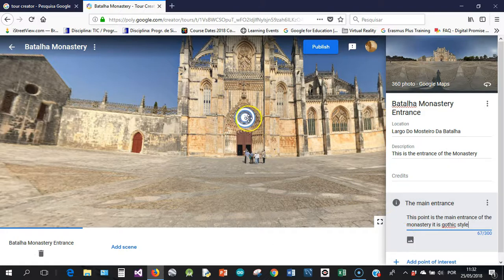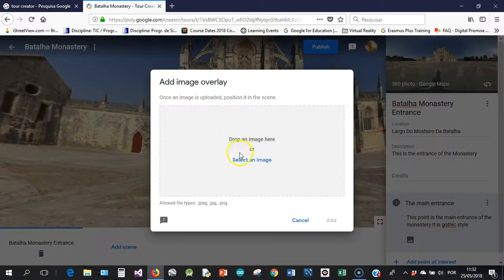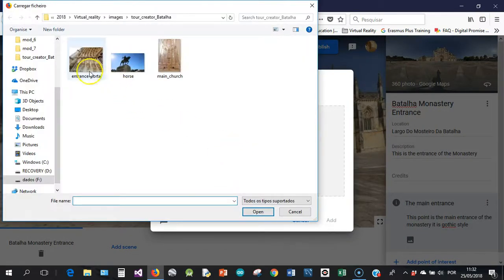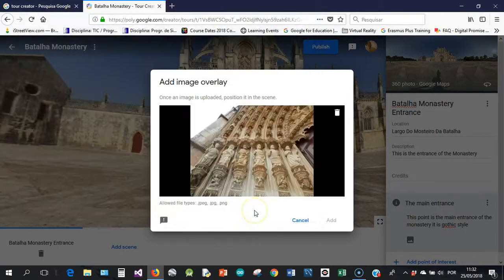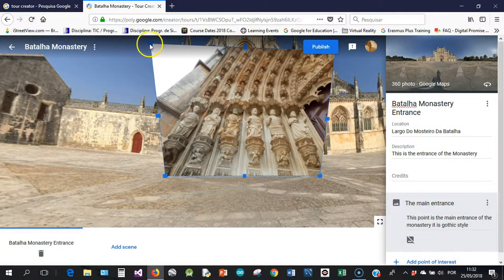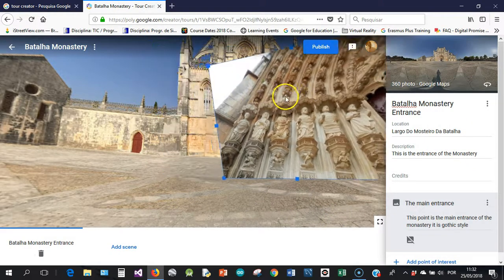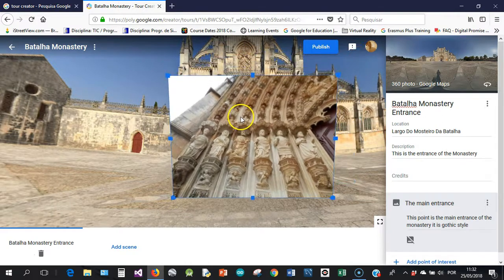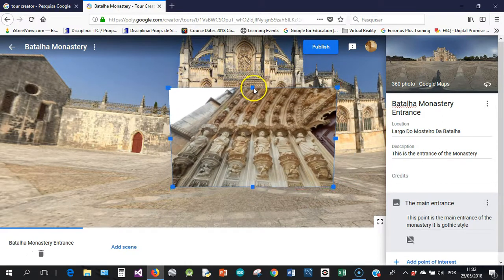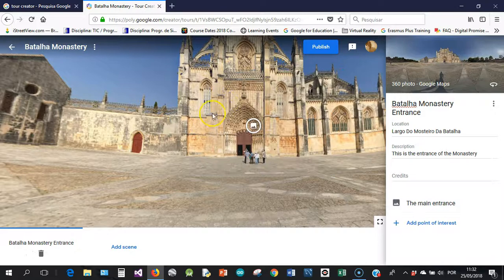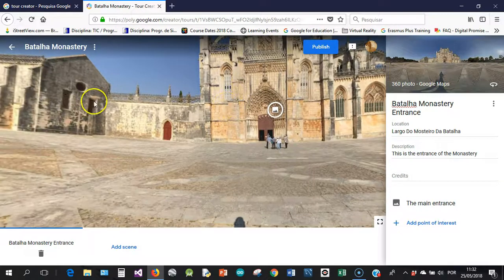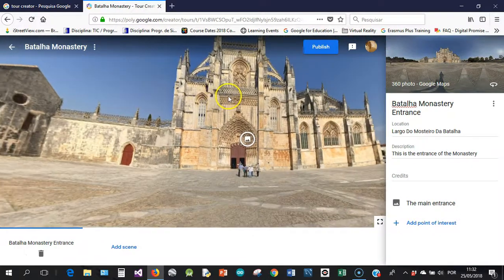When you click on the point of interest, it will pop up when you are exploring the virtual reality. I can just drop or select. In this case, I will select the entrance of the portal. I will just open, add, then I can change the position, how it will appear, and I can size it. So this is my first scene, and just to explain to you, I will just add